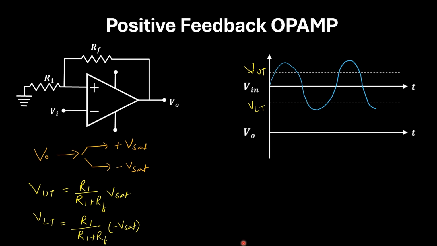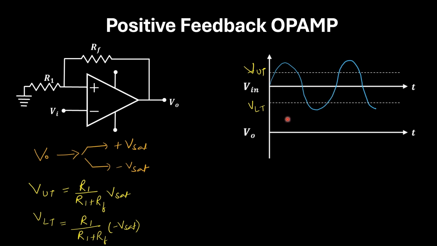So from here to here, it will remain in the plus V saturation. Here the input is increasing, but it is not crossing the upper threshold, and from here it is decreasing and it will still remain in the minus saturation. After this point, the input is lesser than the lower threshold. So from here again, the output will go to plus saturation